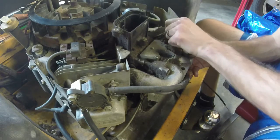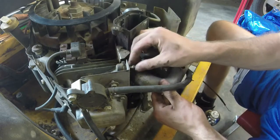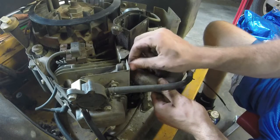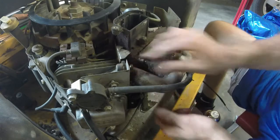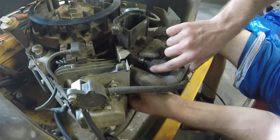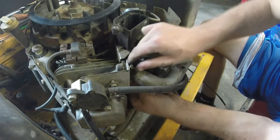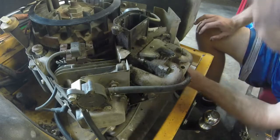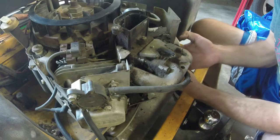I was about to say, as little time as it takes for me to take this off, figured I'd just throw it on there and see what happens. Now if this one runs rich too, then I might be like, but I don't think it will. Just hand threading the bolts in. Get them in a few threads, and then